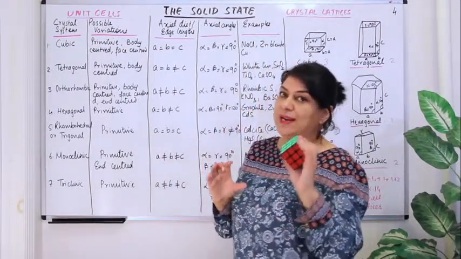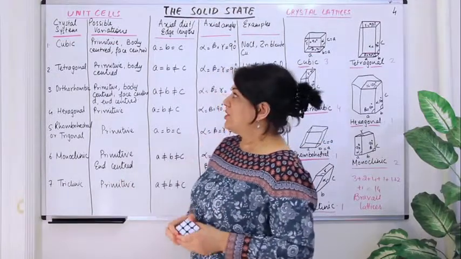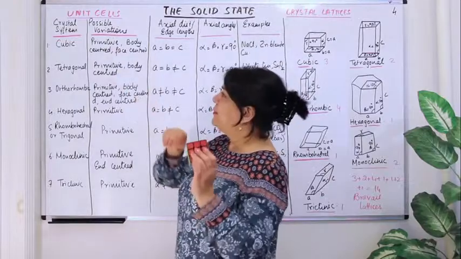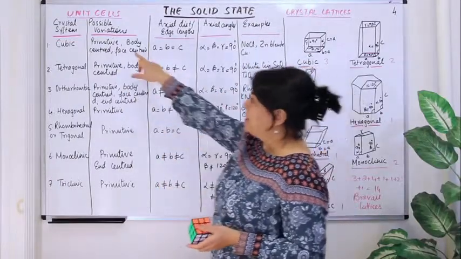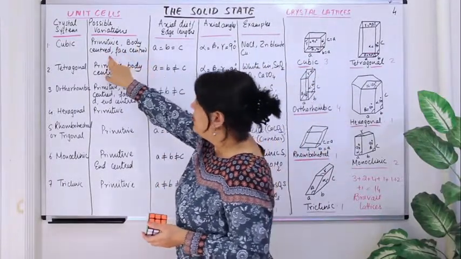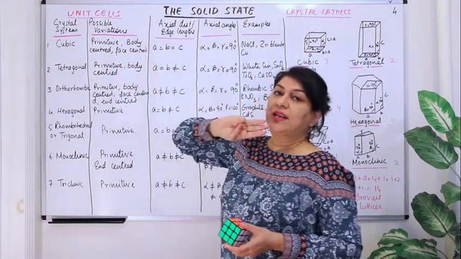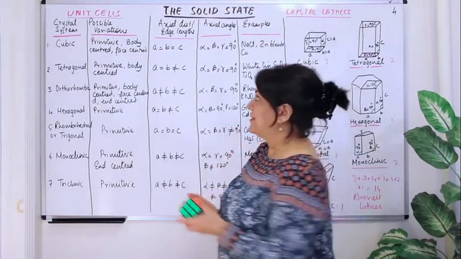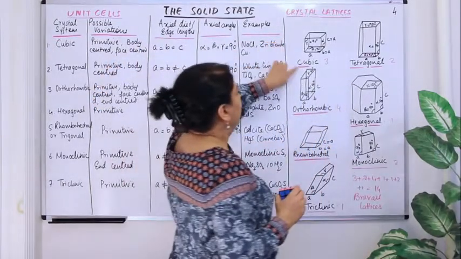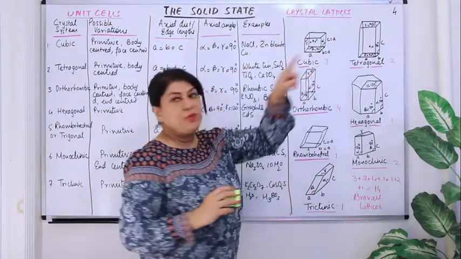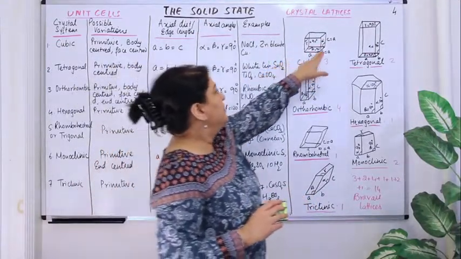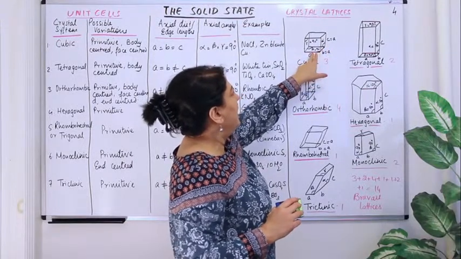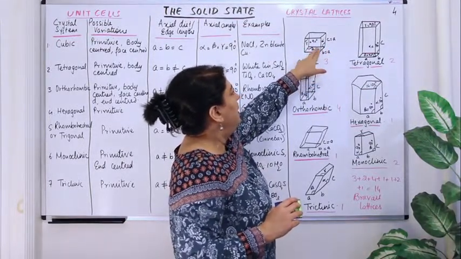So in the cubic lattices, what are the different kinds of variations that are seen? In nature, we find that the cubic lattices show the primitive variation, the body-centered variation and the face-centered. So there are 3 possible cubic lattices, the Bravais lattices. Here I've made a cubic lattice, and there are 3 possible variations here. This is a simple cubic lattice where A is equal to B is equal to C, and the angles beta, gamma